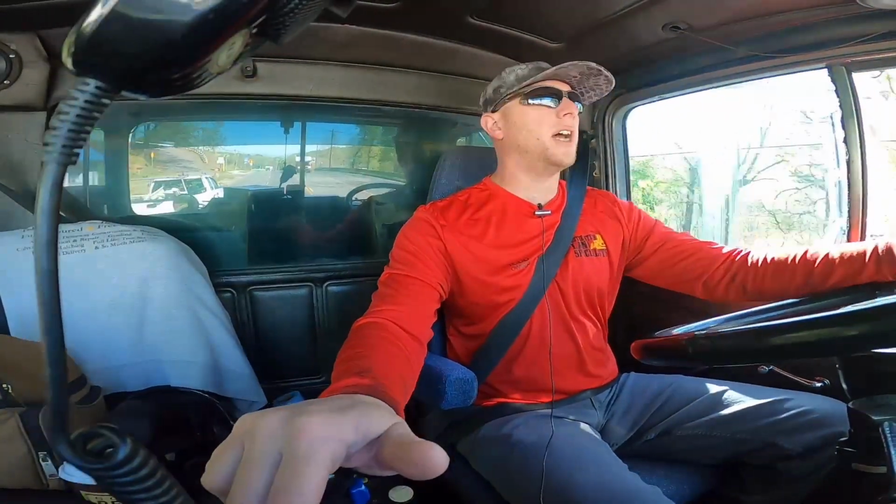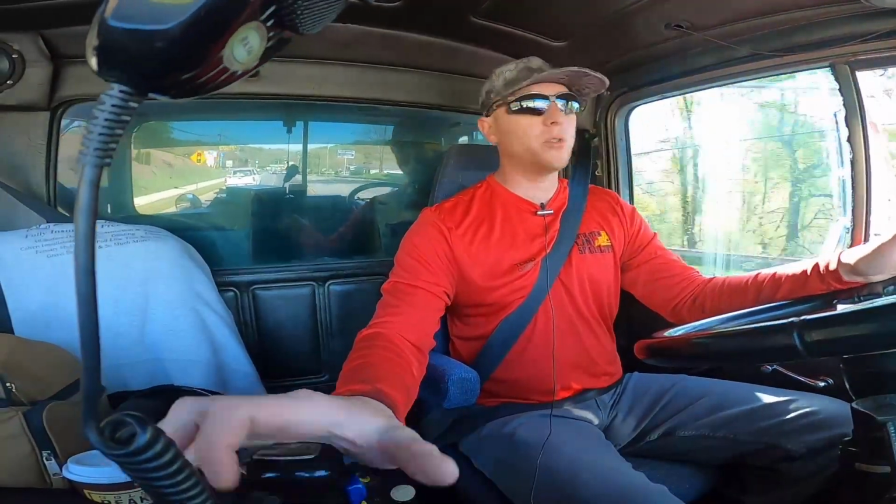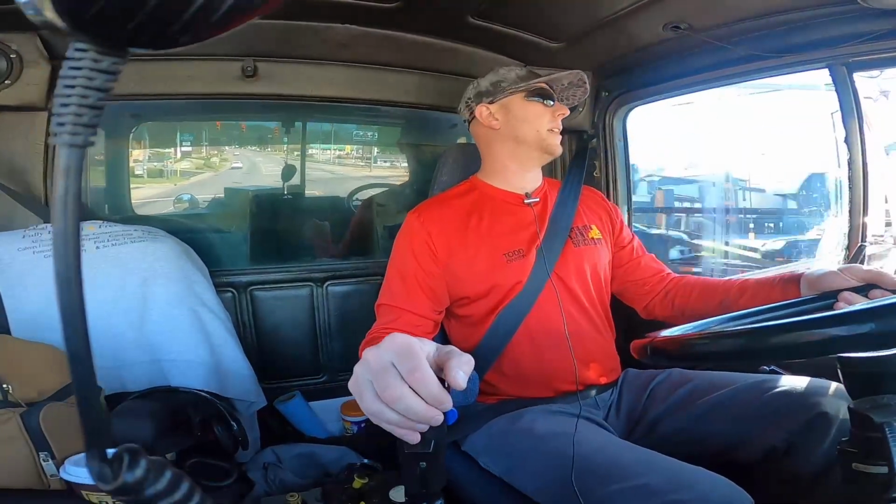You guys that have been with the channel for a while know that I was looking for either a tandem or a triaxle truck, but I was really wanting a tandem just because it's less intimidating, and I know that I can tailgate more driveways. But in this short period of time, I am beyond thankful that I ended up finding this triaxle. Absolutely thankful. This has been game changing, and I haven't even had it on the road a month, but I can see already that